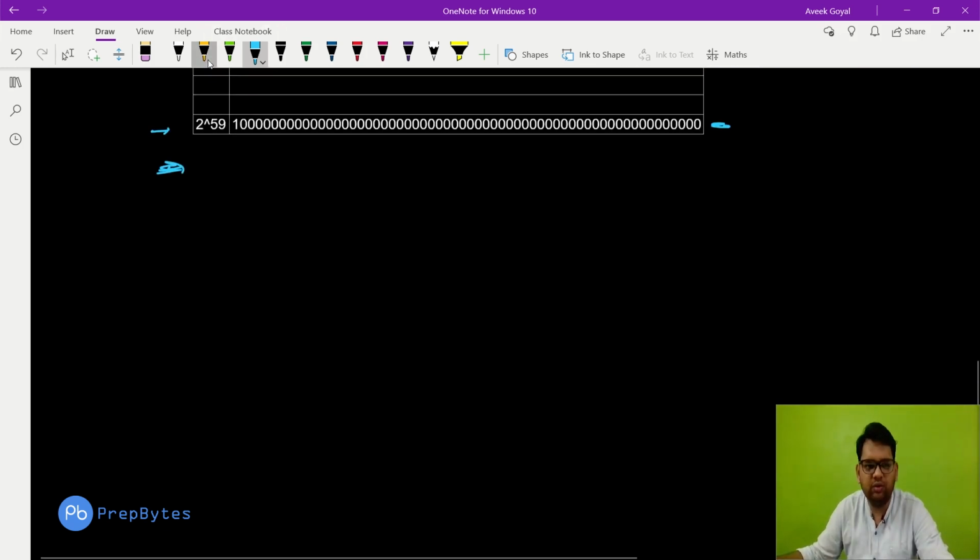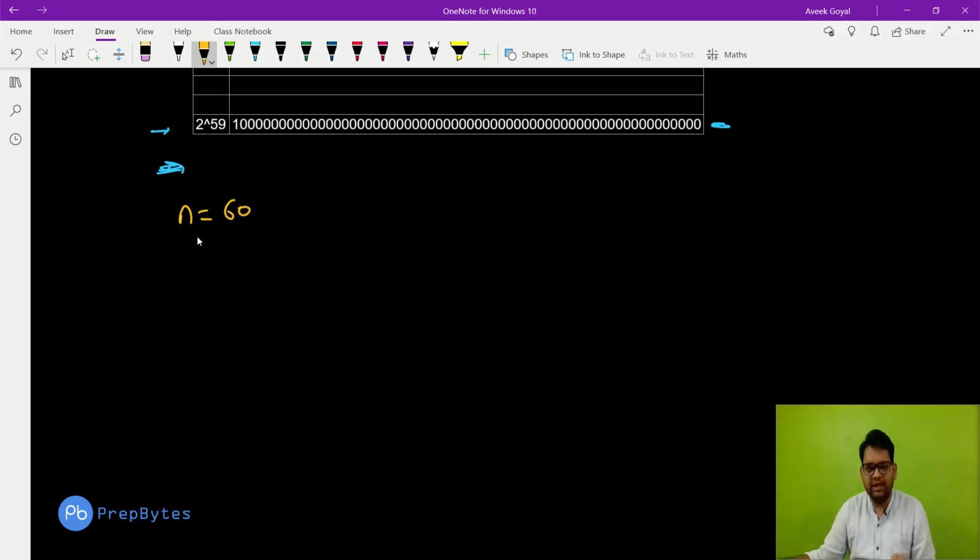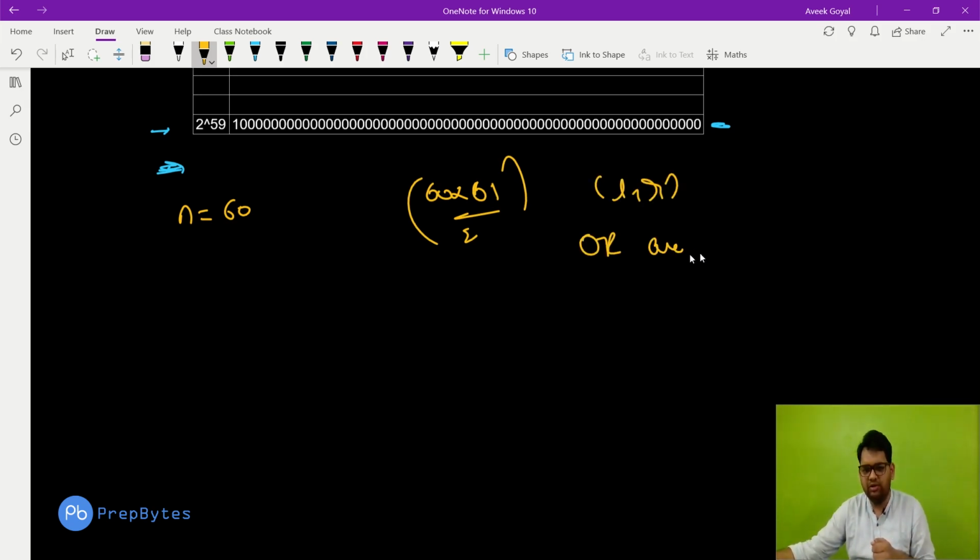Okay. Now, if we take any set of numbers and we have n equal to 60, that means the array length is 60, and for all subarrays, that is 60 into 61 by 2 choices of L and R, all OR values are unique.